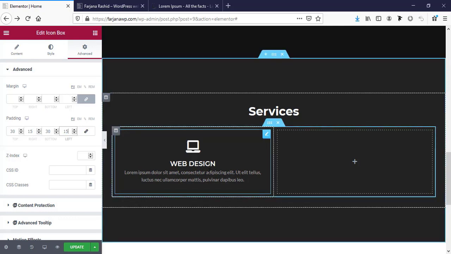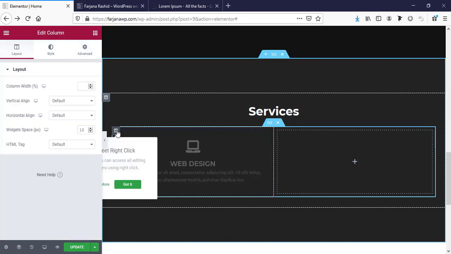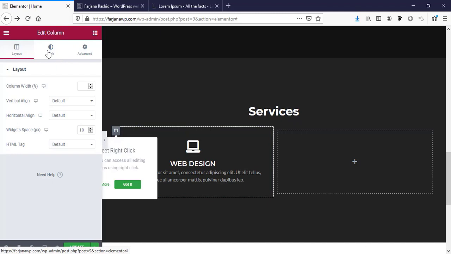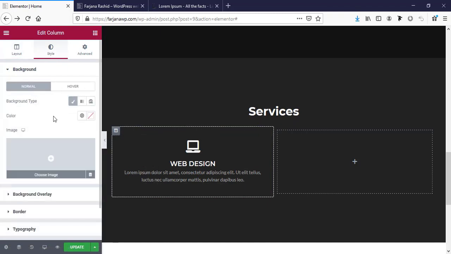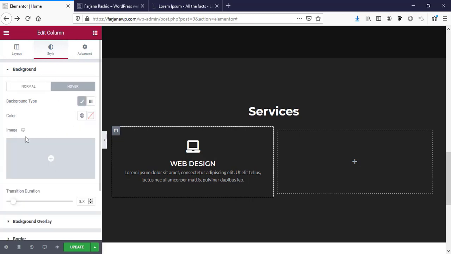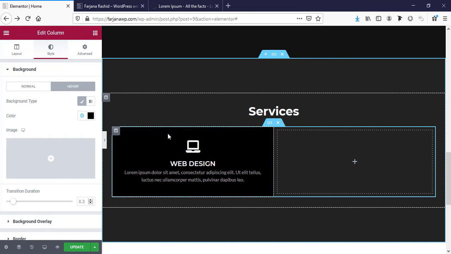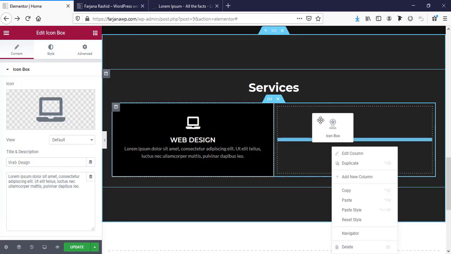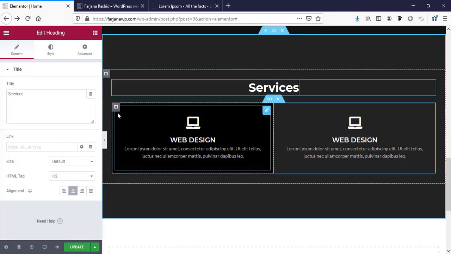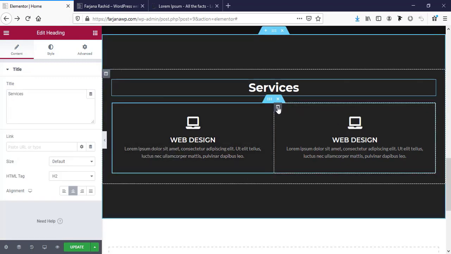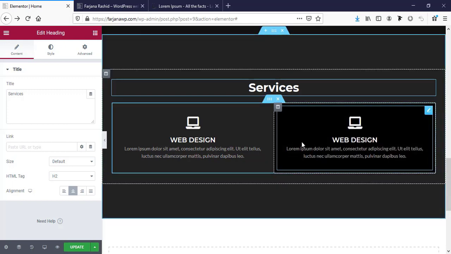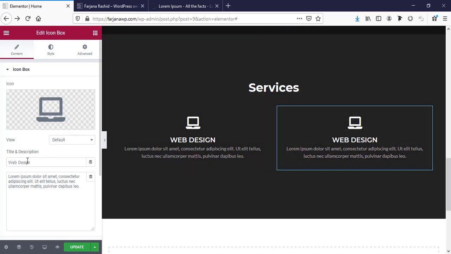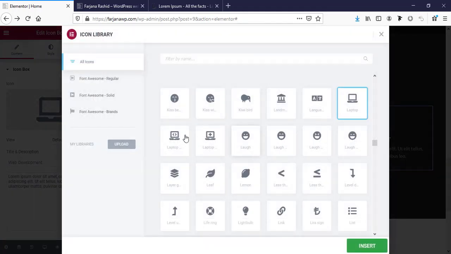also we can add some hover effect, so going to this column and going to style tab, going to background, and here is hover effect, background type, going to the color, making it black, so for hover you can see the black color in the background. Okay, so now I'm going to duplicate it and move it to the right side, and also duplicate the column style, so copy and select this column and paste style, and now this one I'm changing it to web development and making the icon a different one,